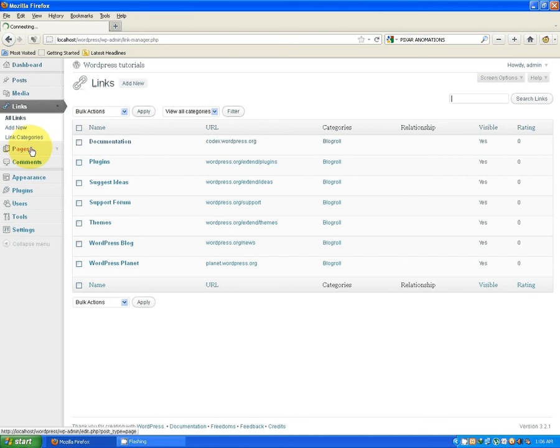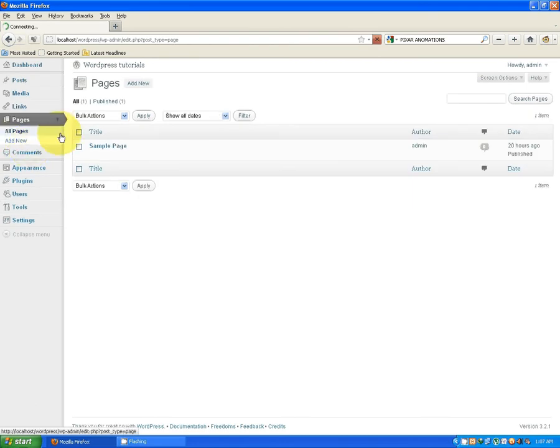On the left hand side again we have another tab named pages. This tab consists of all the static pages on your site, which can be about us, home page, sample page, etc. Right now we have only one page. We can have some quick edit, trash, view options right now just by hovering the mouse over the title, and it is a published one, so the published category is also showing one post.